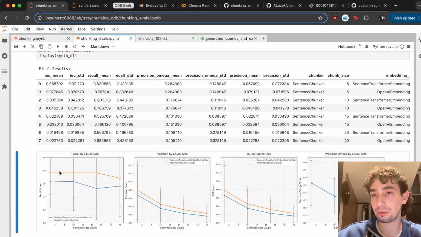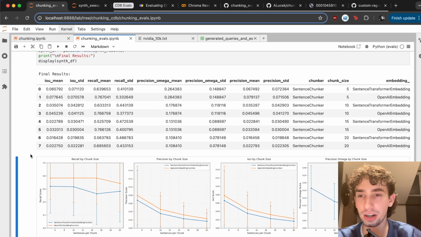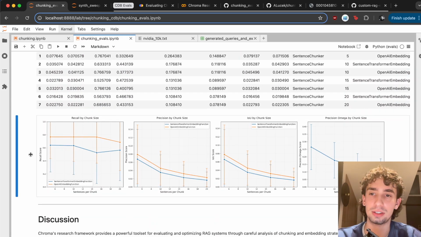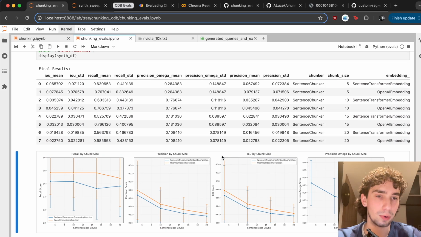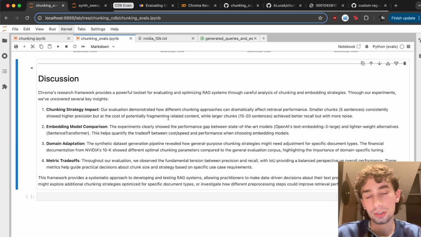But with that, we've effectively shown how to now not just do sweeps over general evals, but also generate specific evaluation sets for your own data and run these same evaluations. So now we can make even more informed decisions about what combination of chunking and embedding models we should actually be using for our specific RAG pipeline. So to sum up a little bit of the final thoughts across this notebook,